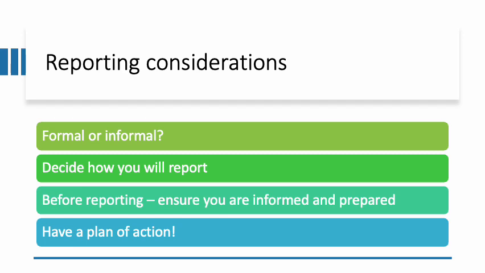So it used to be that pre-primaries could make a choice as to how they wanted to report. I'm finding now that most of the systems have said pre-primaries must have a formal report every 6 months. So at the end of term 2 and the end of term 4. Kindies, I'm seeing lots of kindies that are moving that same way as well, which breaks my heart.